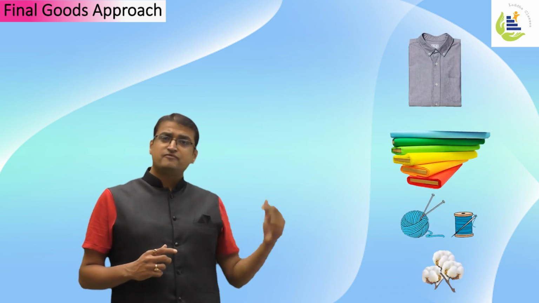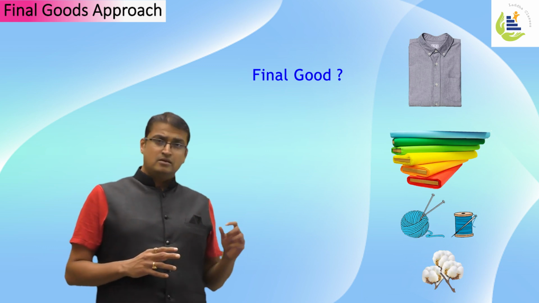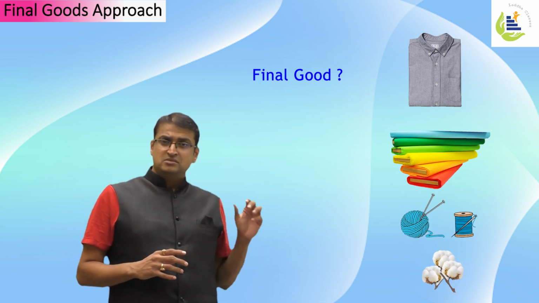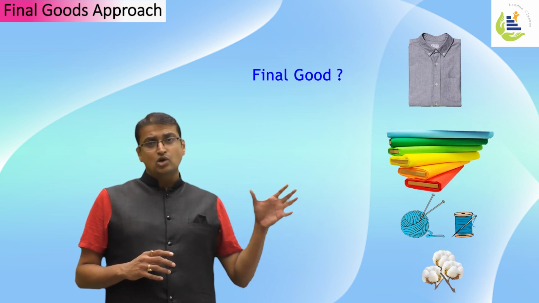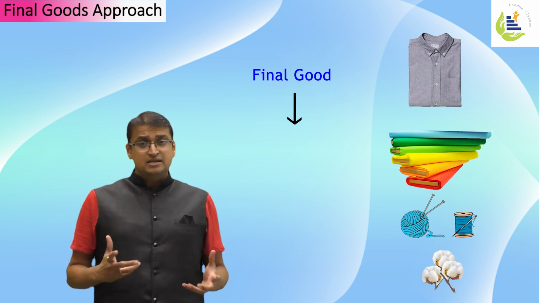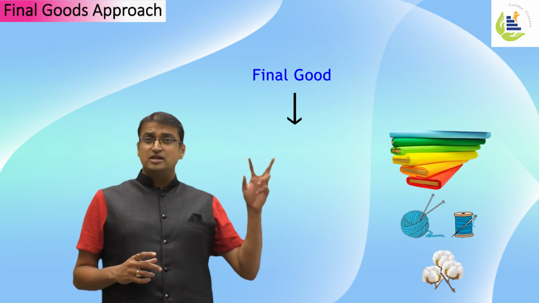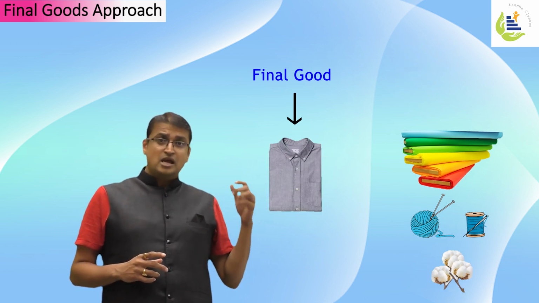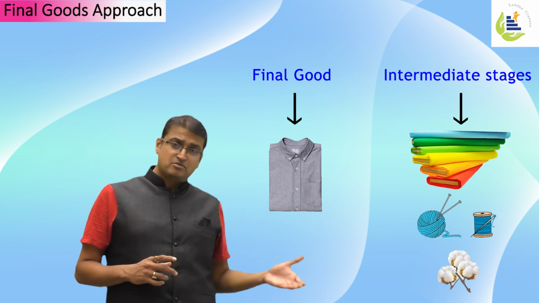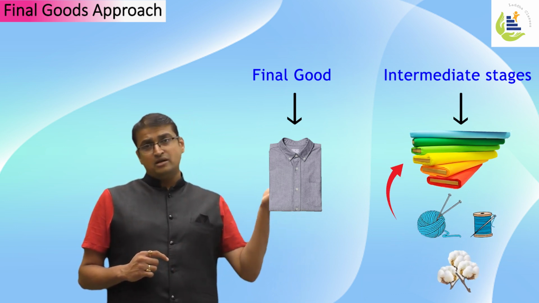So, let us take an example. What do you mean by final goods? Tell me, out of all these four levels, which is the final finished product? Cotton, thread or yarn, cloth or shirt? Yes. Understand, now you cannot do further processes on shirt, so shirt is a final product available. And all intermediate stages like cotton, from cotton you make yarn or thread, from that you make cloth, all these